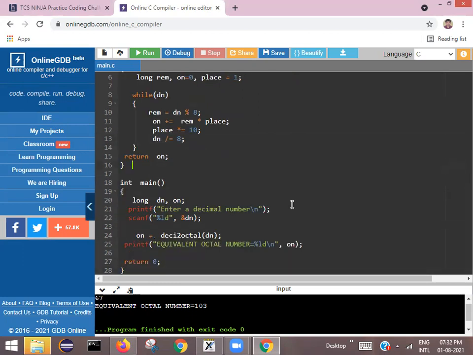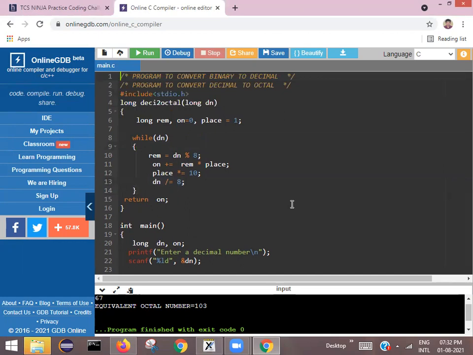Now you give one number so that I can test mathematically. You work out on paper and give me a number. Otherwise, I enter some number and check whether it is mathematically correct or not. Please, friends, work out on paper and cross-check with your program. Whatever the program gives as output is not always correct.